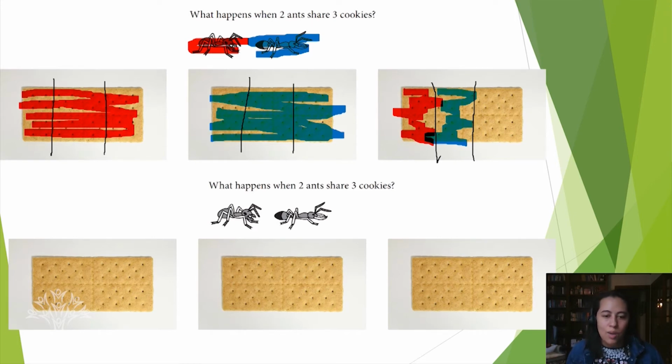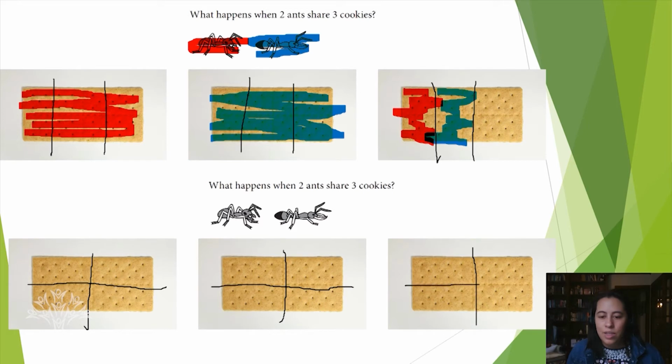Okay, well what about fourths? Let's see if I can break it into fourths and share them equally. This would be a good time to make a prediction whether or not you think this will work. Okay, so I've broken each cracker up into fourths. Not the only way I could, but this is one way. And let's see if I can share it equally.